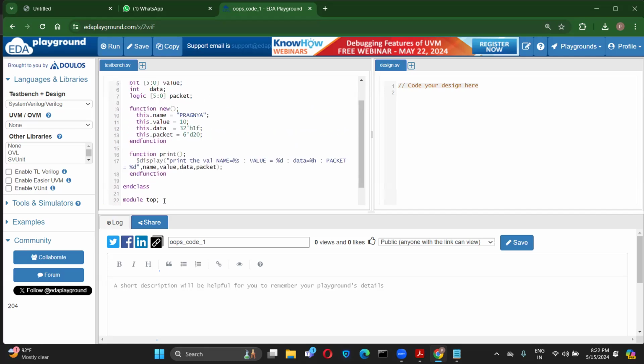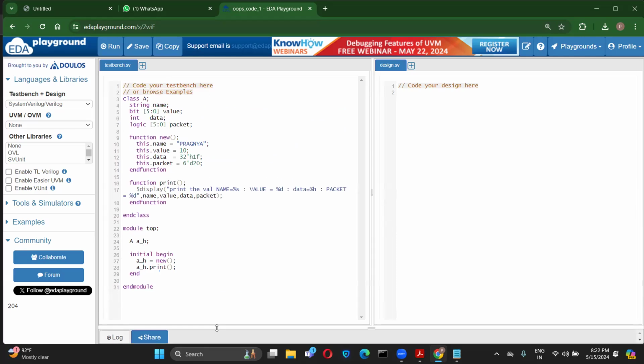Okay, so this is to get the overview of how a class is a dynamic entity, and a module is a static entity, which you instantiate inside the module to make it standalone. Because the class itself cannot be run, we need something like a module, which is standalone, and you put that class inside the module. Not the entire class, but a particular class instance, which you create inside the module, and then you can access the different properties and methods of that particular class. So this is what I meant by how you make it standalone. Okay,